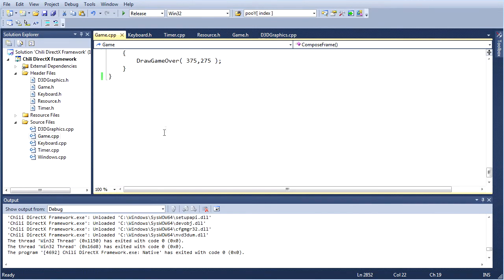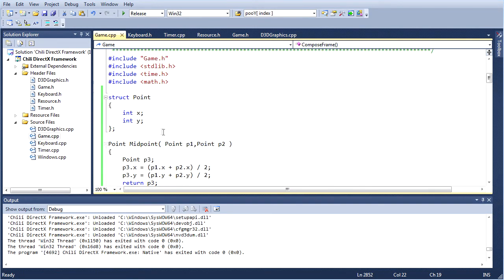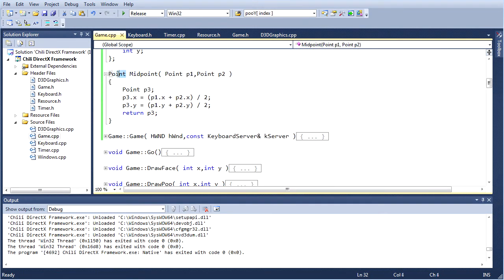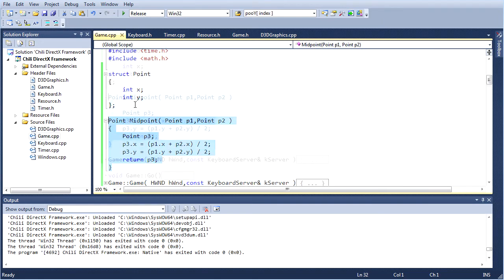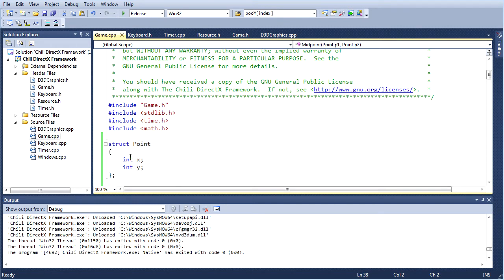Which is that you can create functions that return structures, and thereby you can return a whole lot of data in one fell swoop, if that's the kind of thing that you want to do. And the other thing, I just want to show you global functions. One last thing I want to show you is